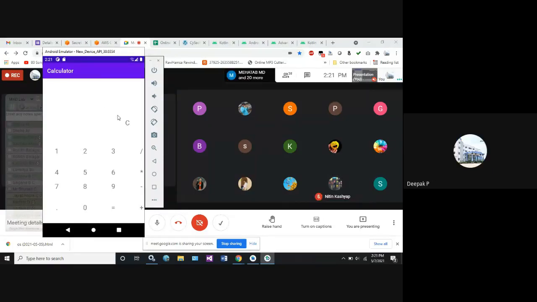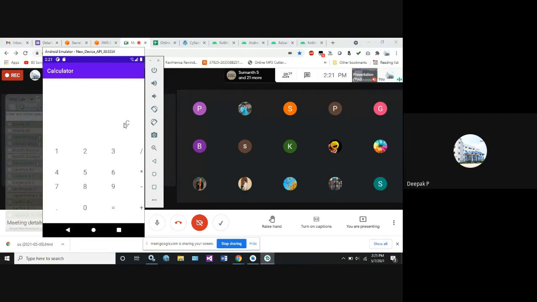Here on the screen, we have the contents: numbers 1, 2, 3, next the division symbol, then 4, 5, 6 and the star symbol, 7, 8, 9, minus, dot, 0, equal, plus. As in the code, we have mentioned only the basic operations of a calculator: addition, subtraction, multiplication, and division. As you can see, these contents are in a linear way, in the order of a line. This is called a linear layout.